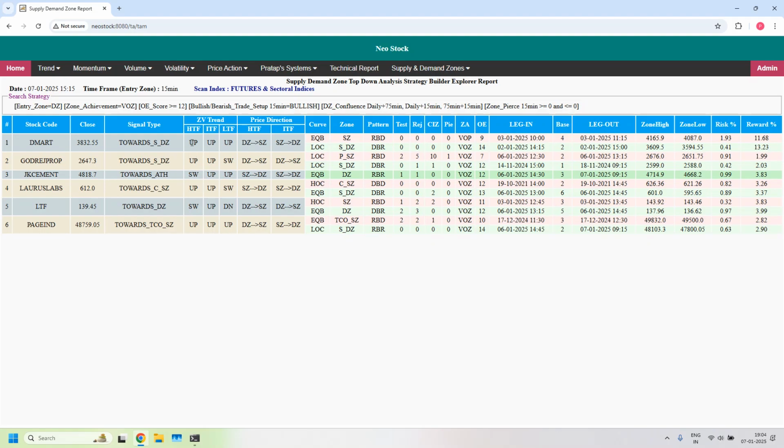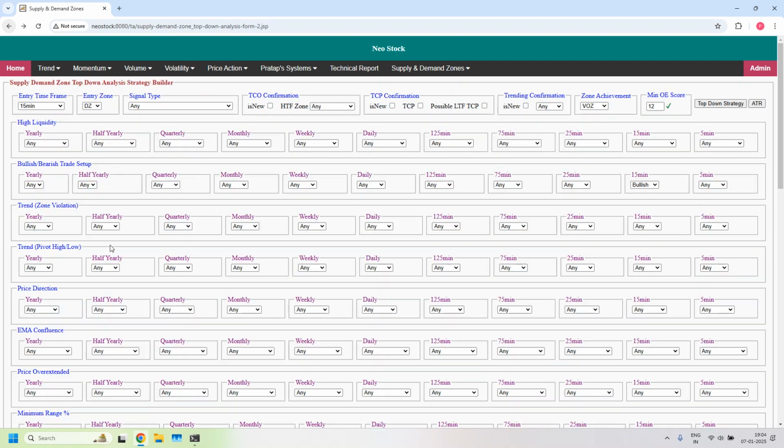And the daily trend is up in almost 4 stocks out of 6. If any of those stocks are having daily EMA confluence, they are even more high probability trade setup supported stocks. Let's verify. In the EMA confluence, at a daily time frame, daily demand zone having daily EMA confluence we are enabling, and also the trend